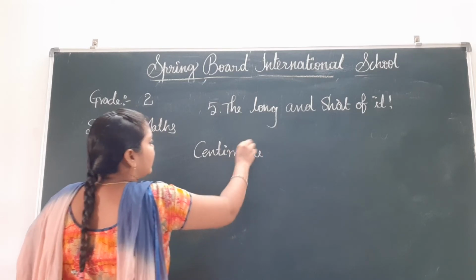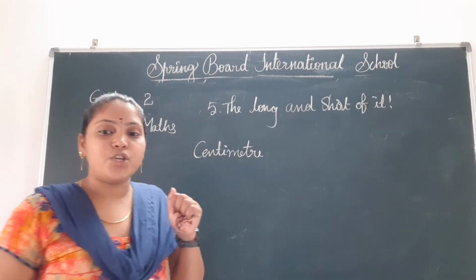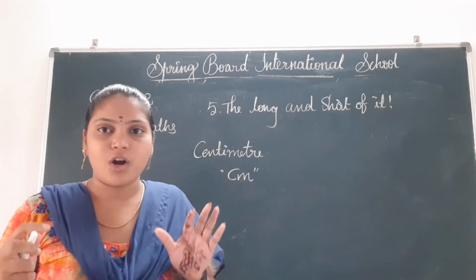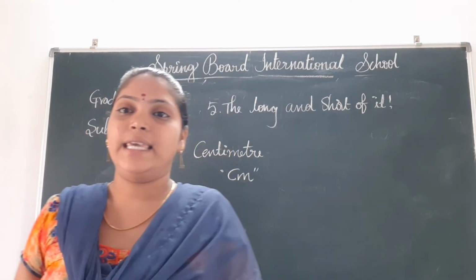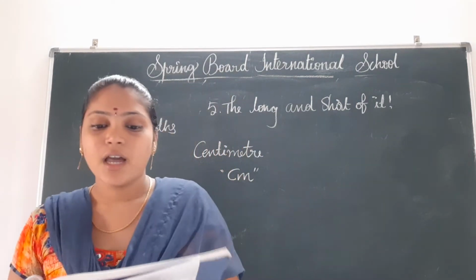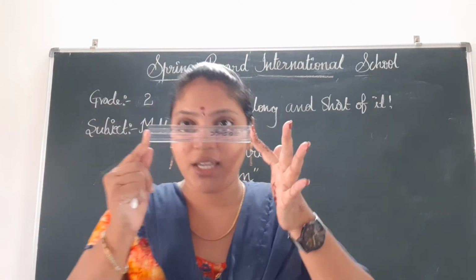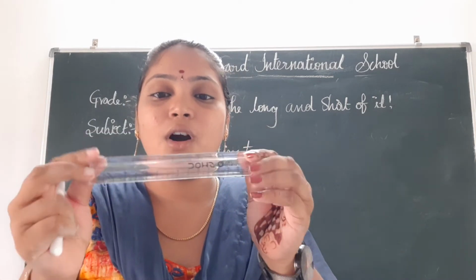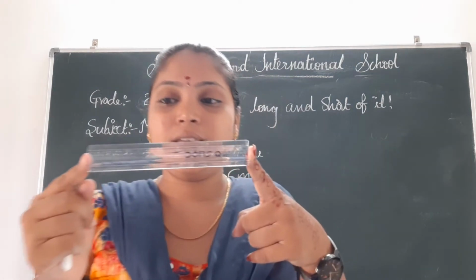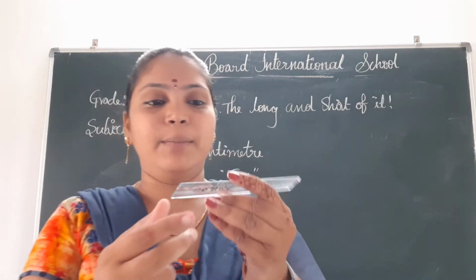Centimeter. Centimeter is a fixed measurement, written in short as cm. The short form of centimeter is cm. So look at the ruler given below. It has 15 centimeters marked on it. In regular classes we use a ruler, and we also call it a scale. But in mathematics, this is a ruler. This ruler has 15 centimeters marked on it.